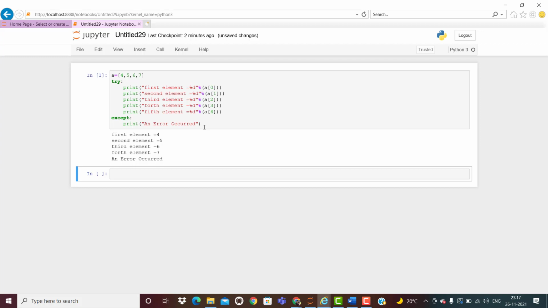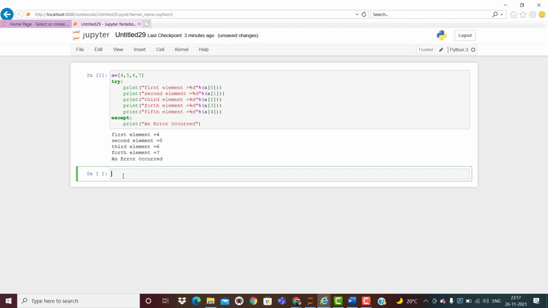If you know which type of exception, you can just add it here, and then only that exception is going to be handled. We will see another example for that.